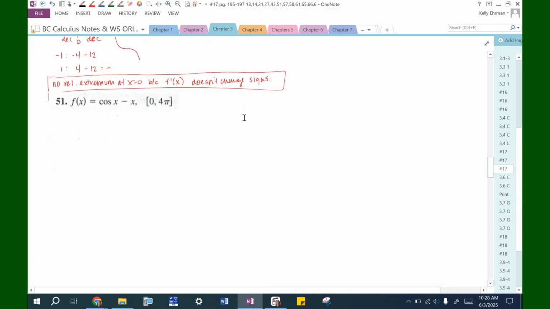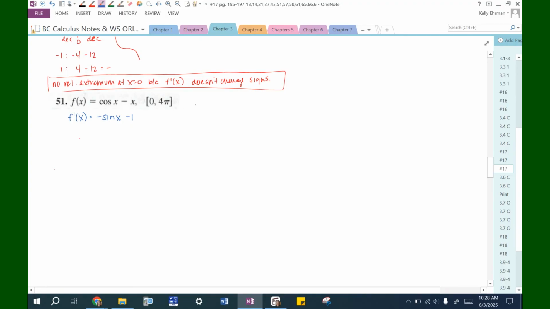Okay, same thing on this one. So, we have trig, and we're on this interval here. So, all right, so let's find f prime of x. So the derivative of cosine is negative sine. The derivative of minus x is minus 1. And then I can find critical numbers. Now this one,